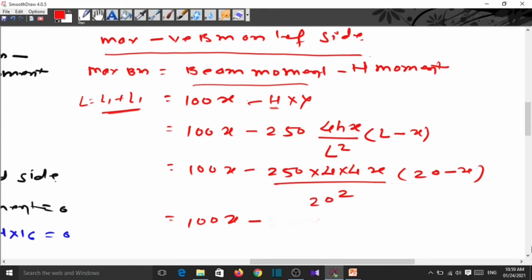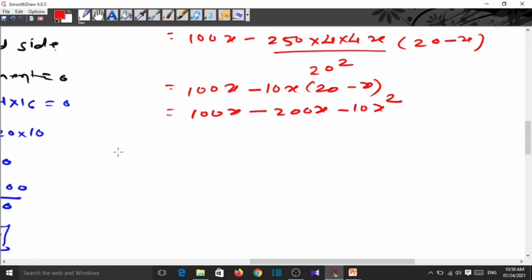That is 10x. Here is 10x into 20 minus x. We got here 100x minus 200x minus 10x square. Now for the location of maximum bending moment we have to differentiate dM,